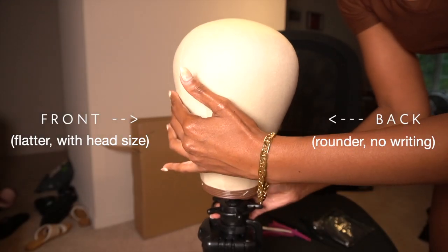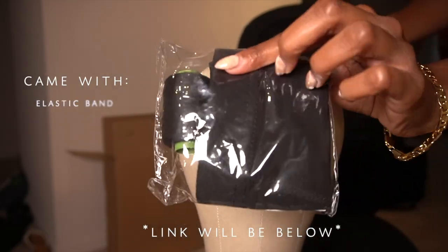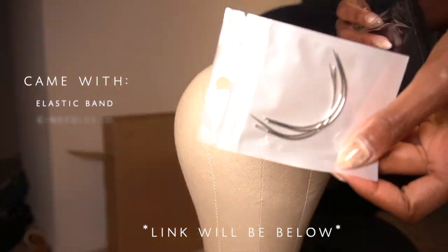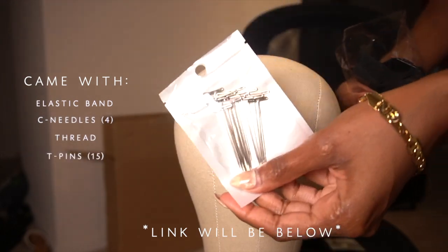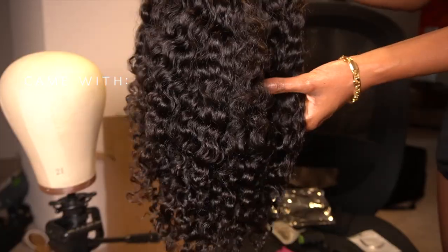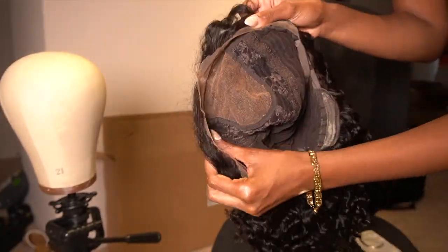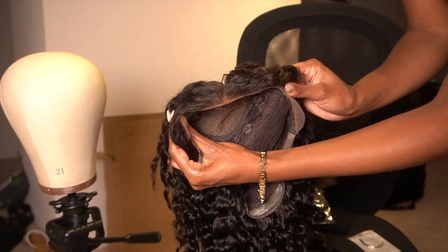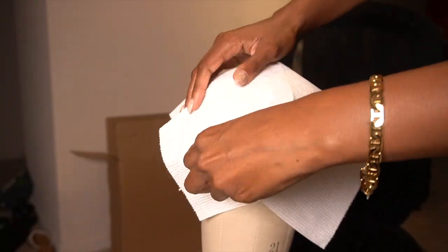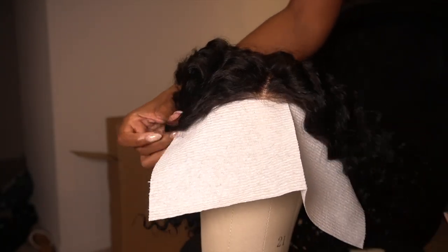Let's get into it. So I'm starting off showing you guys everything that I had got. All of this came in one packet, one order from Amazon. It came with everything that I needed, from the wig head to T-pins and the elastic, and I'm just showing you guys the wig that I'm working with. I'll get into details later. I got a little tea about that because, girl, I don't necessarily recommend this. I don't necessarily recommend it, but